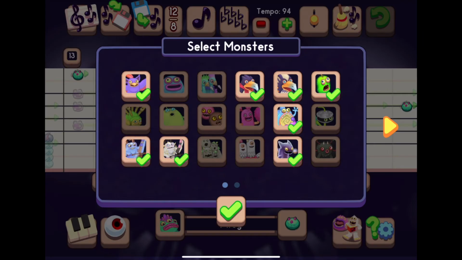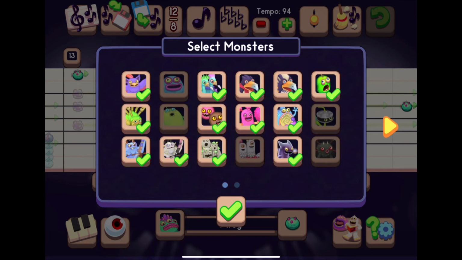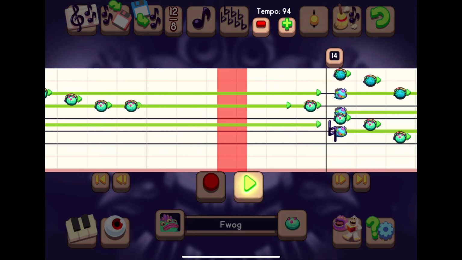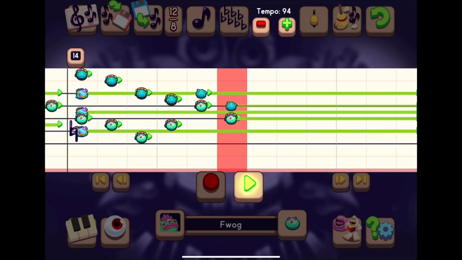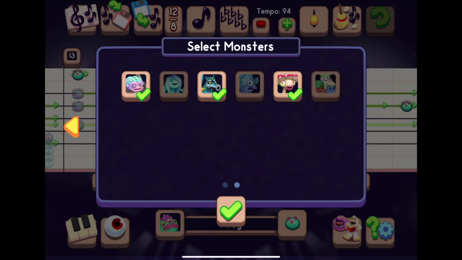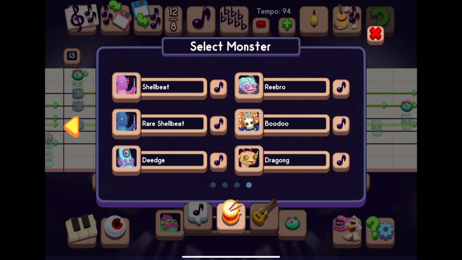So we're gonna add everyone back in that we already did before. Yep, I think that's everyone. The melody's a bit easier to hear, but it's not powerful enough. We need more power. So, one thing we need is a rare clamble. It's a cymbal crash, but like one of those that hold out. And there's also dragong, which is super useful for things like this as well, because